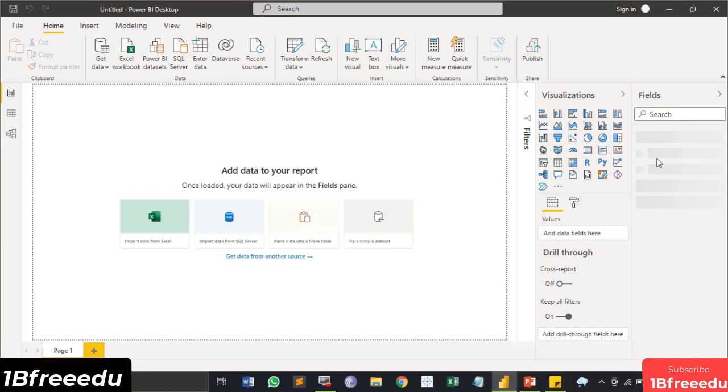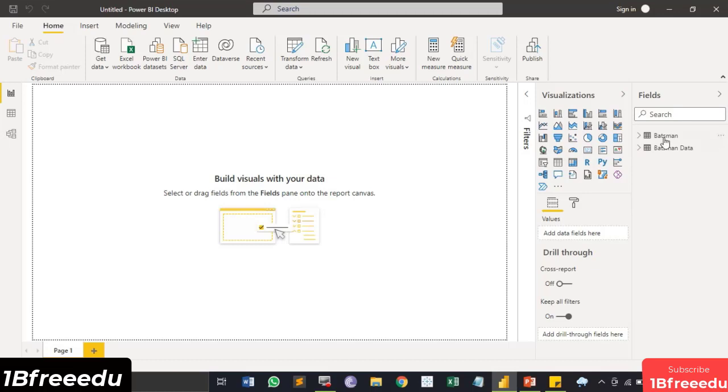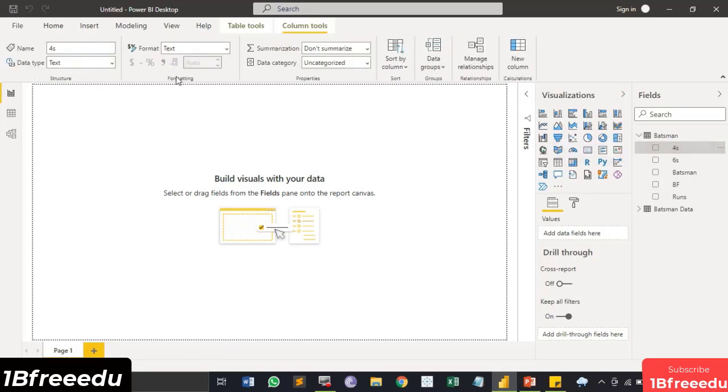Now there is one more thing that I need to discuss, and that is the data type of all of these things. If you select any of these values, like Fours, its data type is text, which we don't want. Fours is a whole number, like 1, 2, 3, 4, how many fours the batsman has hit. So for this, we can choose a whole number data type and click on OK. There is a warning message, you can just click on OK. It's going to take a few seconds and change the type of your data set into a whole number, just like this.